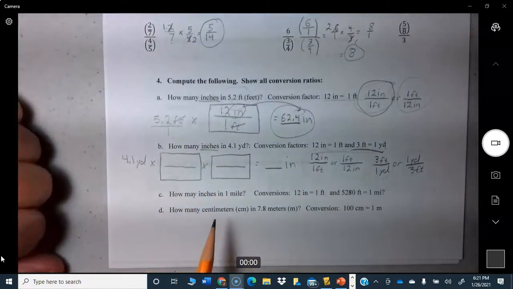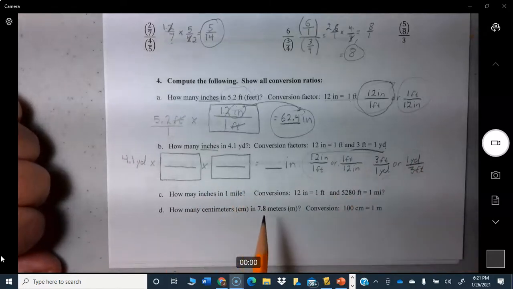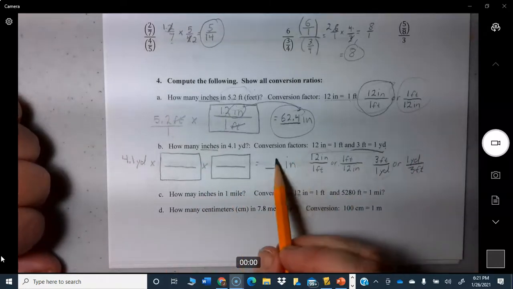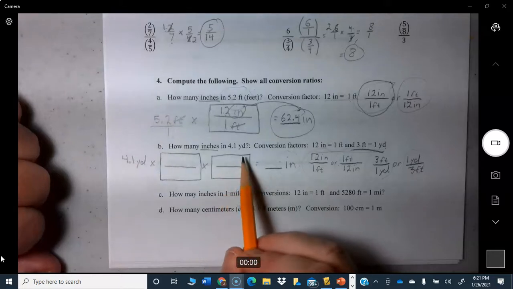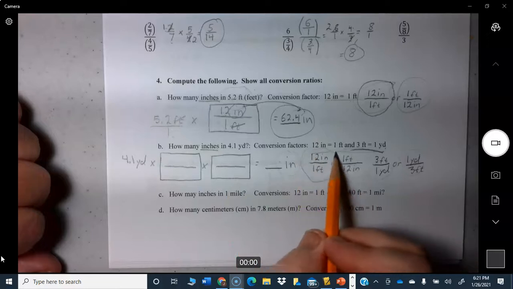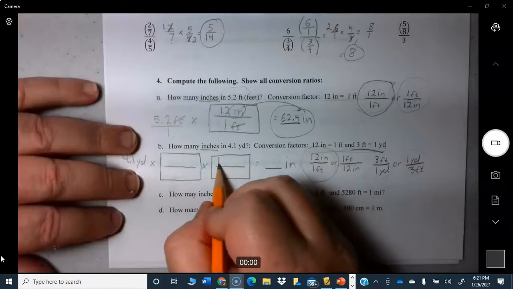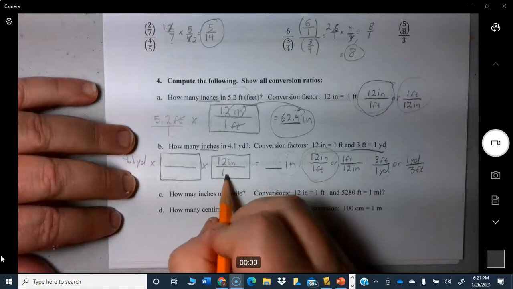Okay, so how do we fill in? Which of these do we put in here? Well, we see that we have inches in our final answer. That means inches is going to have to be on the top right here. There's only one of these four that has inches on the top, and it's this one right here. So I'm going to write 12 inches for every 1 foot